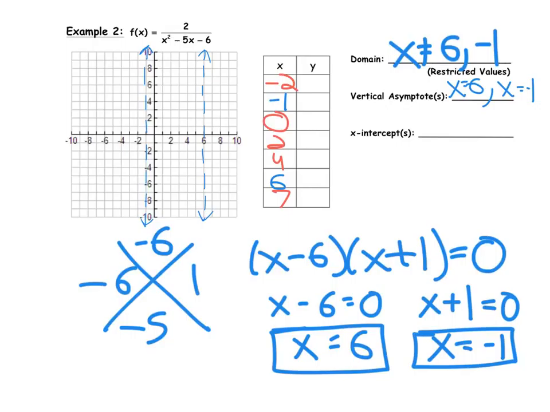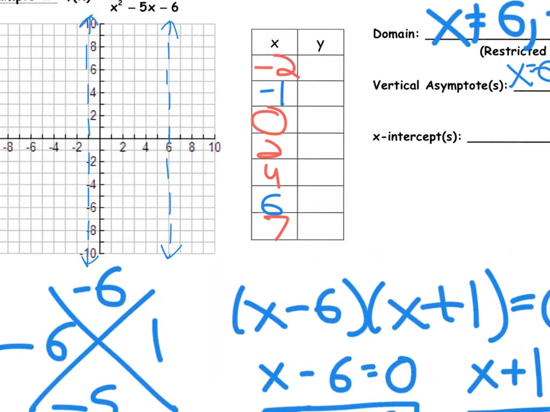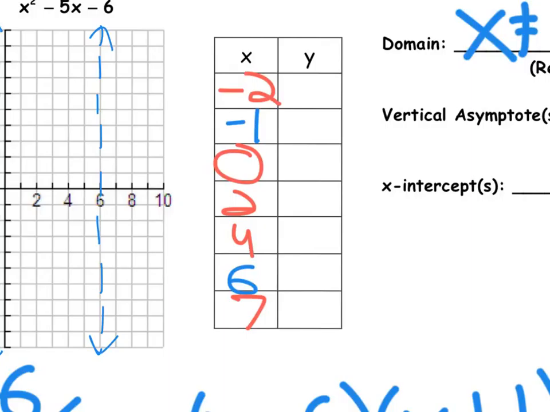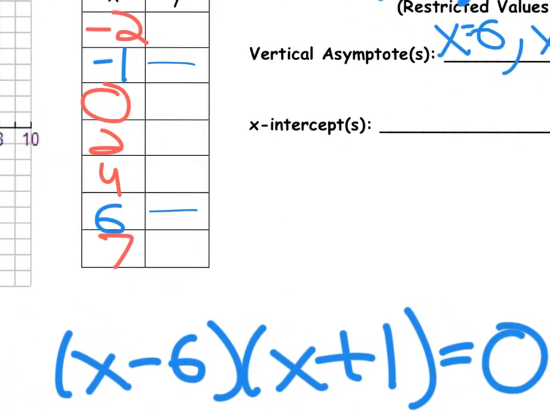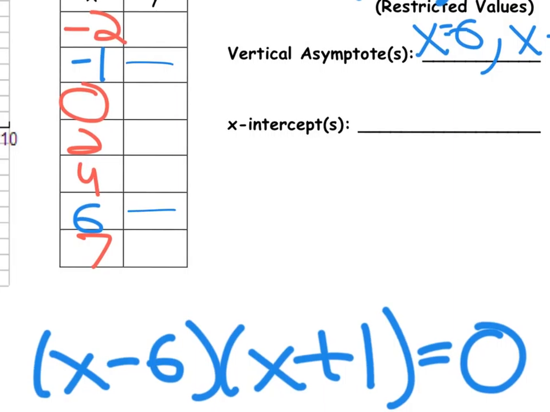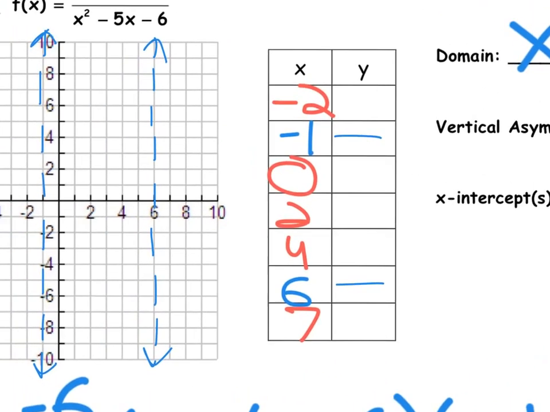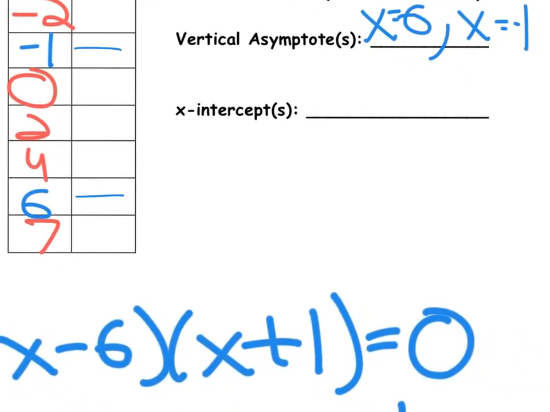And so now we do the same thing we did last time, right? I'm going to have to take these x values and plug them into my function. Now, here's what I know. I know already -1 and 6, when I plug them in, I'm not going to have y values because those were where I had vertical asymptotes. So I only have to plug in the other 5. All right, so again, we'll do 2 of them, and then I'll give you the rest of them because we're running low on time. Okay, all right, so let's start with -2. So this time, is this function called f? Yes, it is. Okay, so f of -2